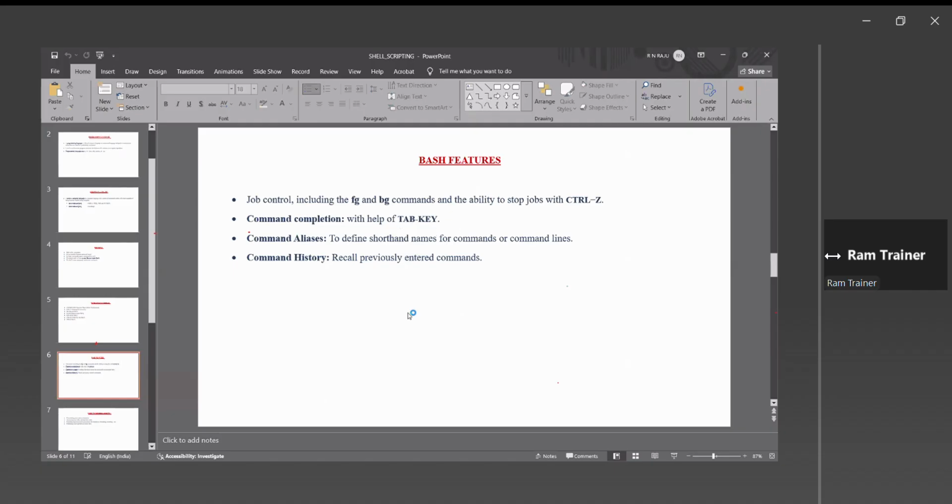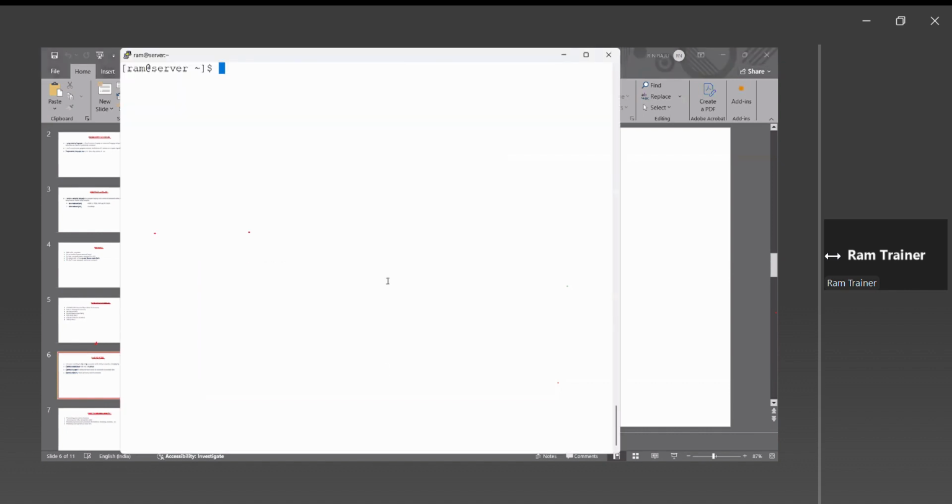And the next Bash shell feature is command aliases. What is meant by command aliases? To define shorthand names for commands or command lines. This is also another important thing. How can you provide short names for the commands? I mean alias names for the commands. For example,